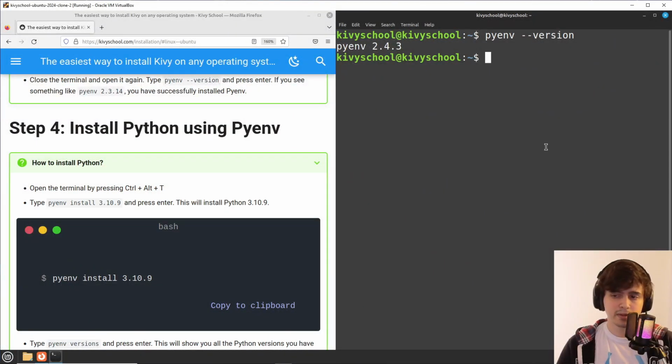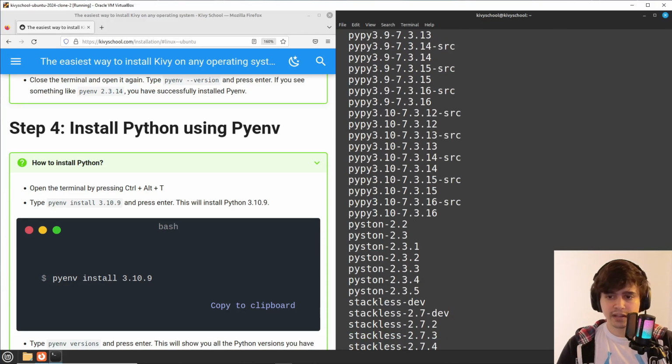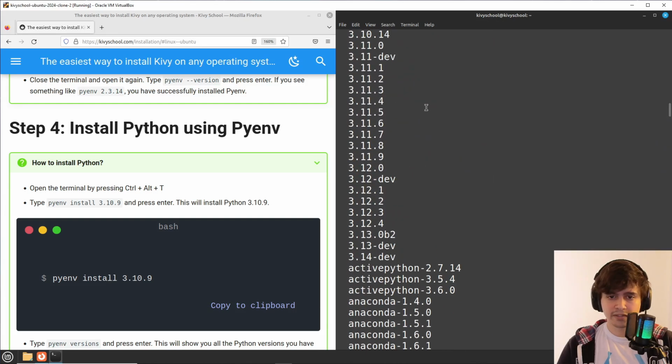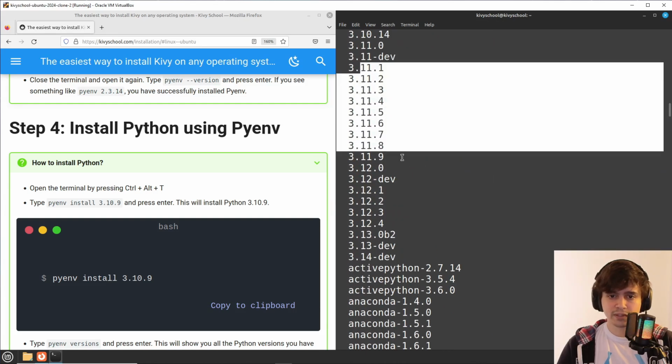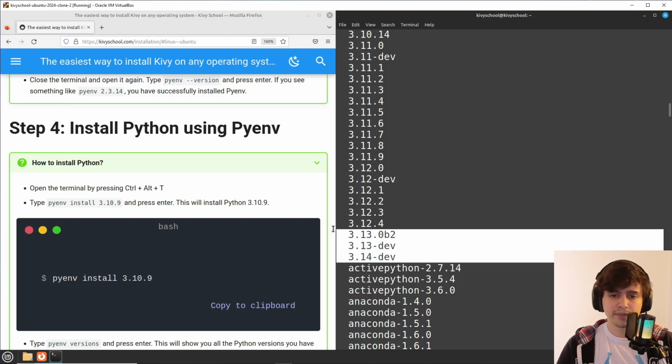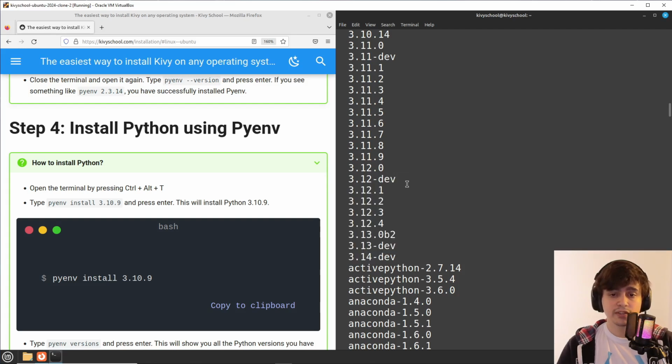So for example, you can go here, type pyenv install list. Then you're going to see a very big list of possible versions. Scroll up, and here you can see which Python versions you can install. I think it's good for you to install the newest versions, but do not install a Python version that is so new that it's still being developed. So in this case, we are going to install a stable version, which is 3.11.7.